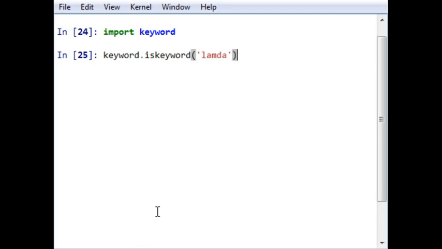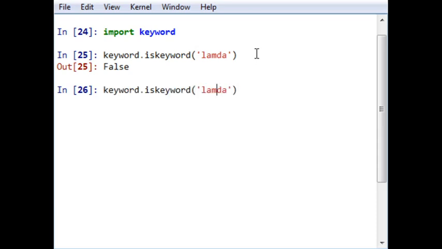I want to check whether this particular string is a keyword or not. Okay, it is not. Lambda with a capital L is not, but lowercase lambda is. So the name lambda is a keyword, but Lambda is not. This is the difference.